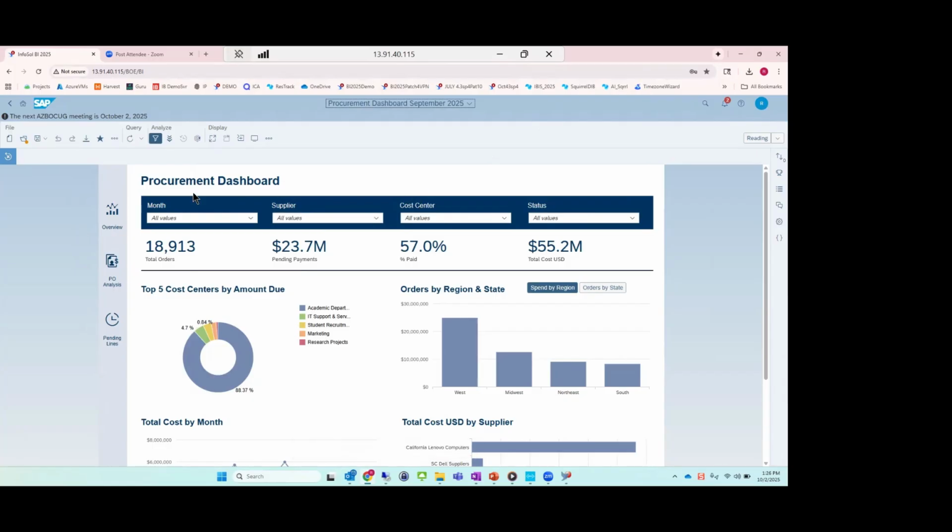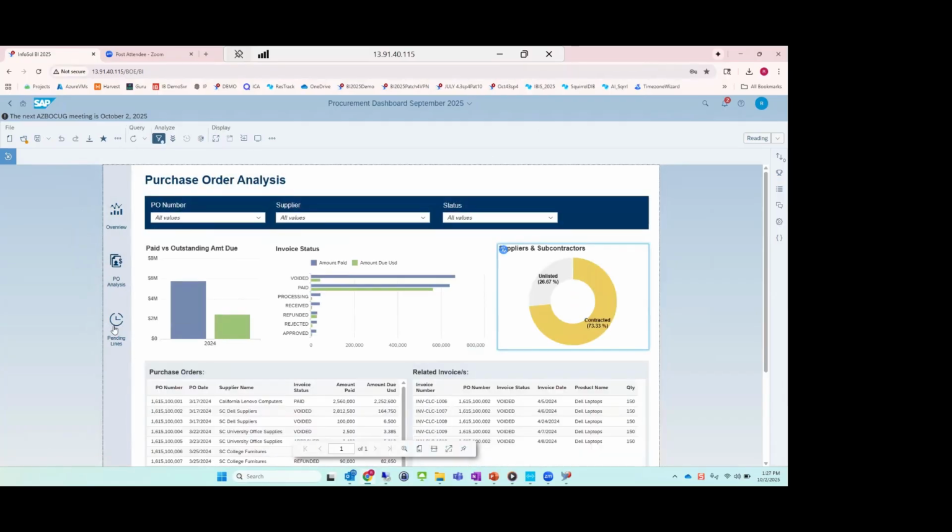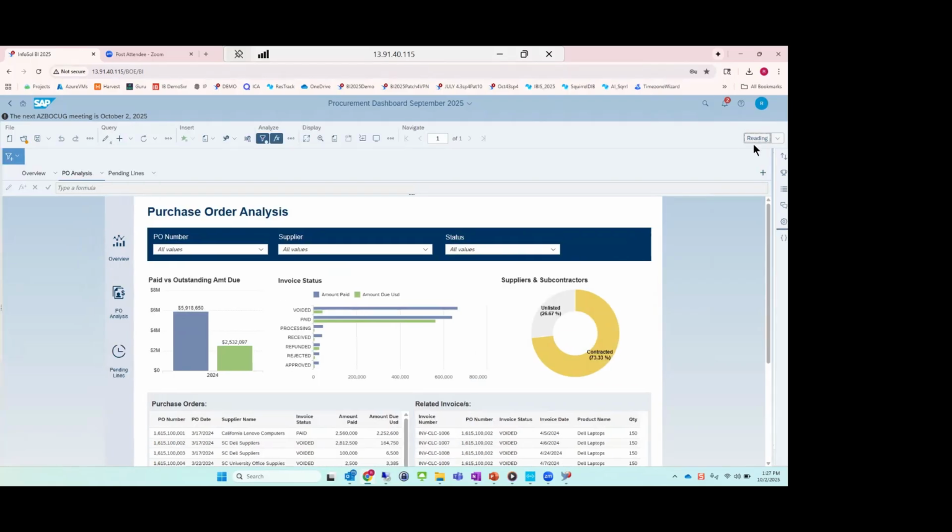Another cool thing that I want to point out here is notice that it's not showing any report tabs along the top here. I'm in reading mode and there's no report tabs. And yet I have other tabs of my report. We have a new setting on here. I wanted it for this particular dashboard report to force users to use this navigation to be able to click on the icon. Let me show you where that setting is in